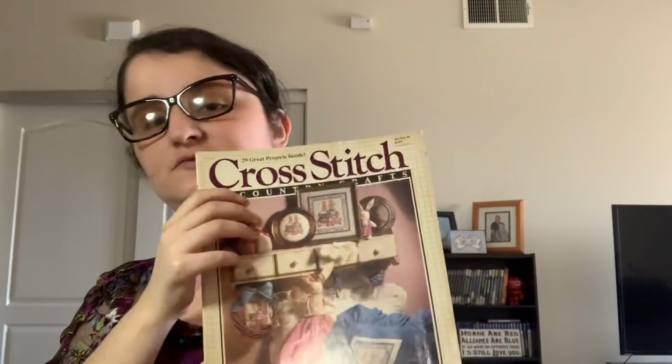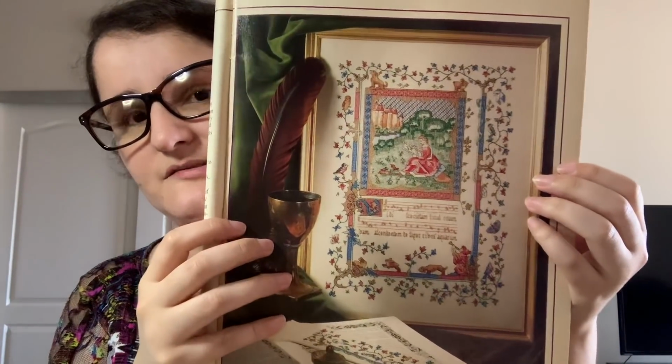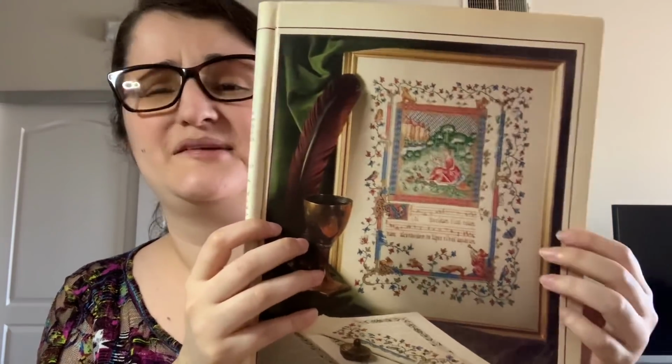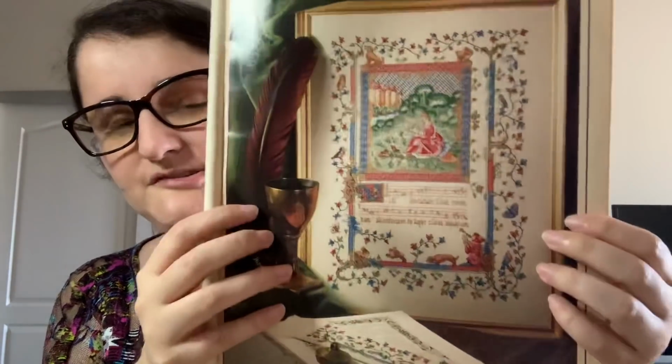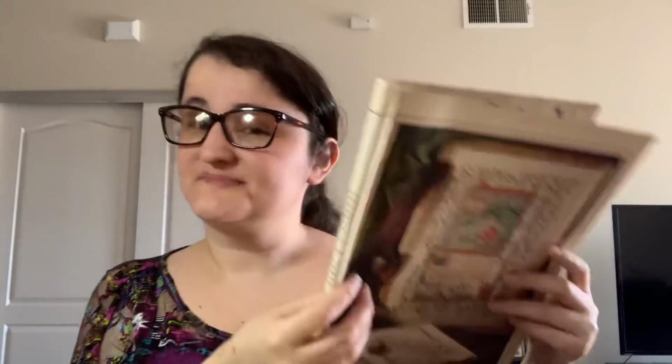I found myself watching Garrett, Coffee Stitcher, and he picked up this magazine. He says, oh, look, I got this, let's see what it has, and he says, look at this amazing project that is in this magazine. So of course I had to contact him immediately and ask, where'd you find that magazine? I need to get that magazine. I have the sister piece. eBay. That's a short answer. It was like $5. So I got the sister piece, and I'm very excited,